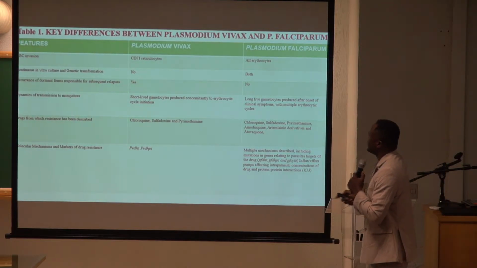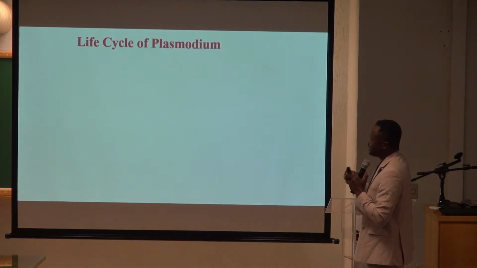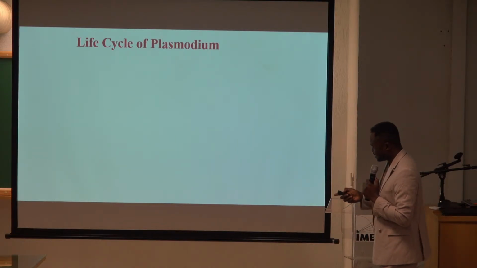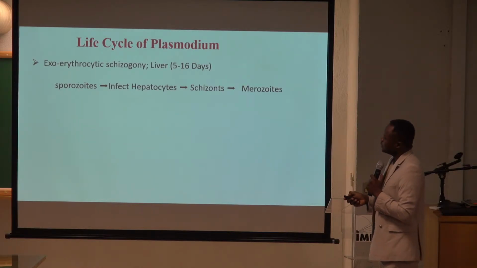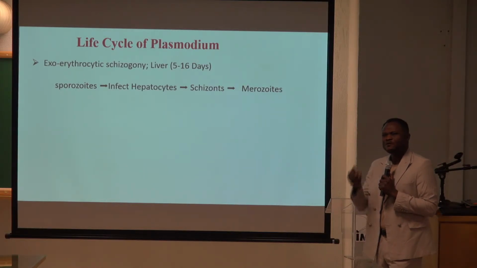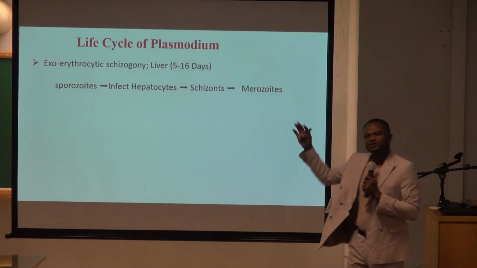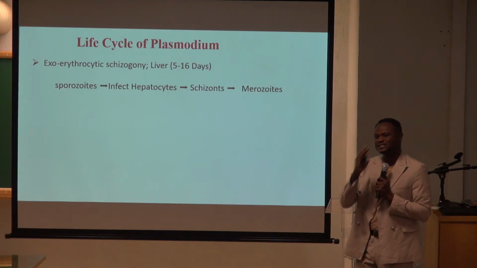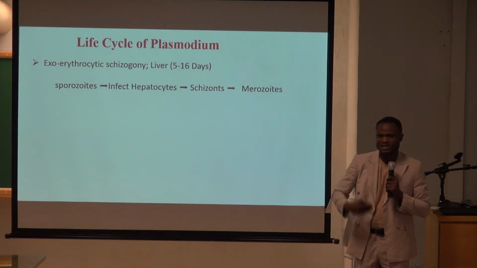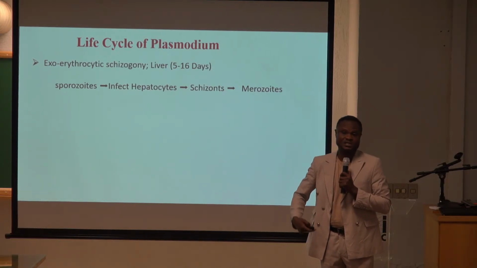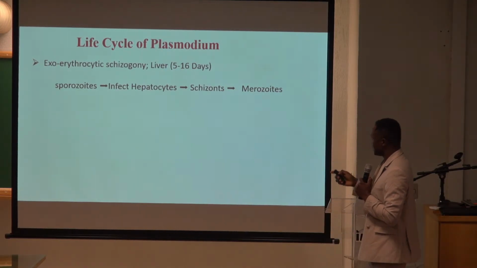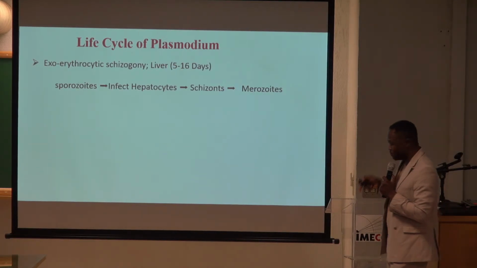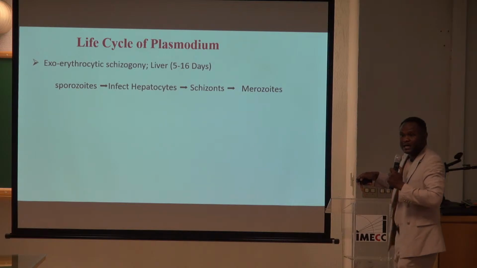Okay, so here I'm going to talk a little bit about the life cycle of Plasmodium parasites. The life cycle involves 3 stages. I'm going to talk about it here where there is no figure, then I'm going to show you the figure. These 3 stages are divided into 2, the one in the host and the one in the mosquito itself, which is the transmitter. So the first thing that happens is that when an infected mosquito bites a healthy person,